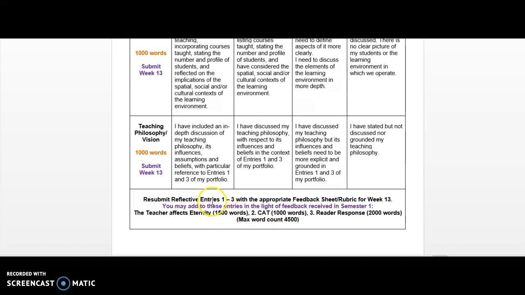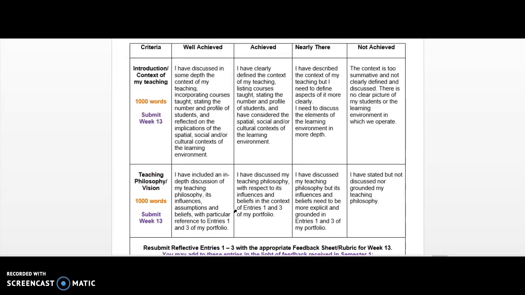So you need to resubmit those, which are listed here: teacher effects, eternity, the CAT, and the reader response. That will come to a maximum word count of 4,500. So they kind of sit in the middle. What you do then is put an introduction and a teaching philosophy at the start of your